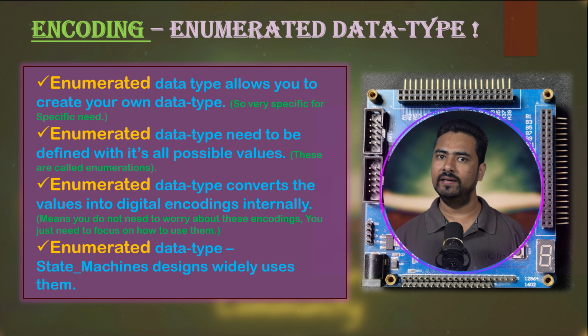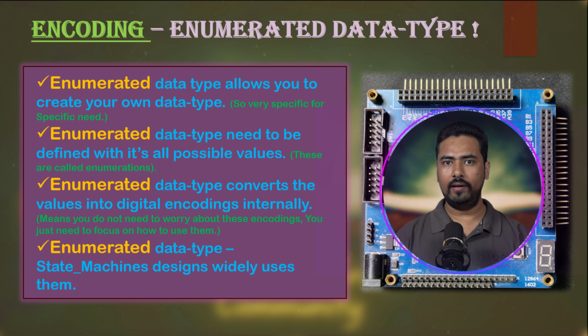As we discussed earlier, enumerated data types allow you to define your own custom data types by listing out all the possible values that they can take. For example, think of the std_logic data type in VHDL, which represents different logical states like 0, 1, tri-state, high impedance, weak high, weak low, etc. So all of these states are enumerated when the std_logic data type is declared.